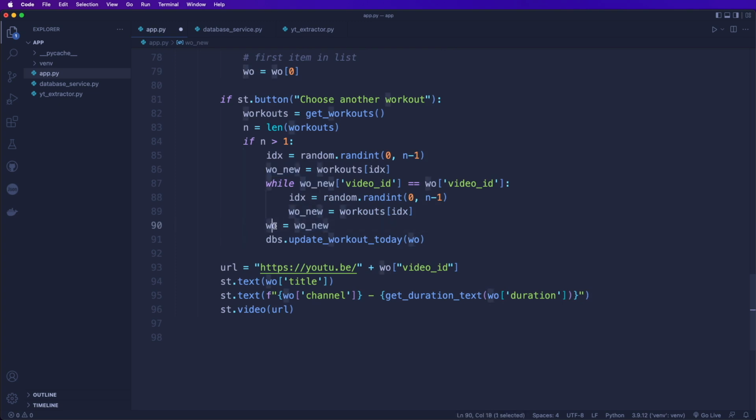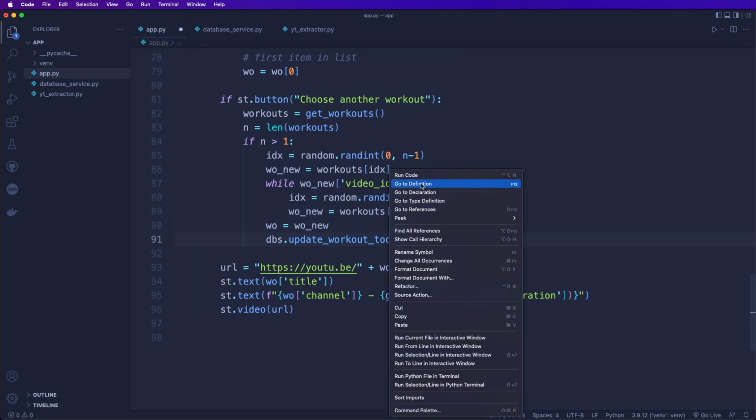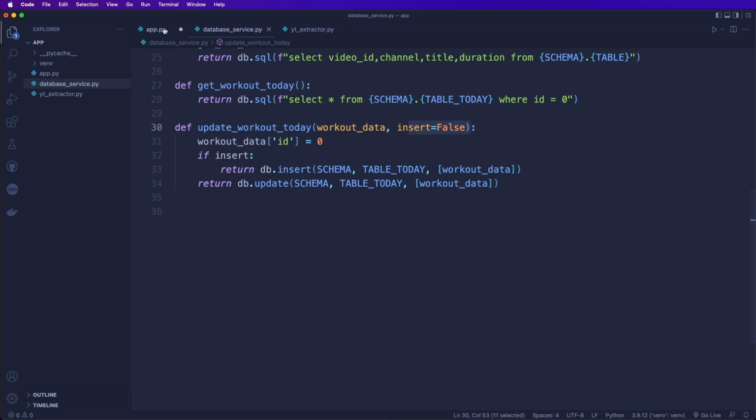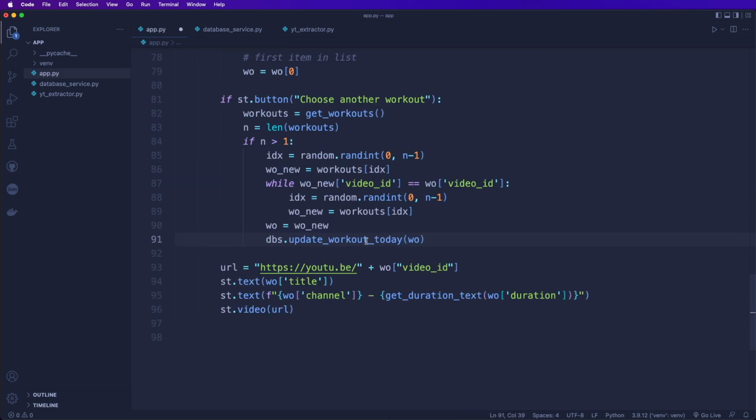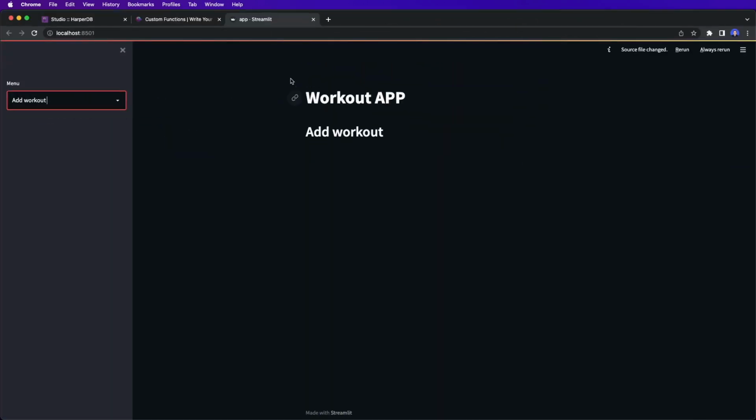Then we say workout equals workout new and call dbs.update workout today. And now insert is false. So if we go here, then now insert is false by default, and this will update it. And then again, we display this. So we want the URL, we display the title, the channel, the duration, and now the video with the URL. And now if we save this and go back to the home page and rerun this, then all of this